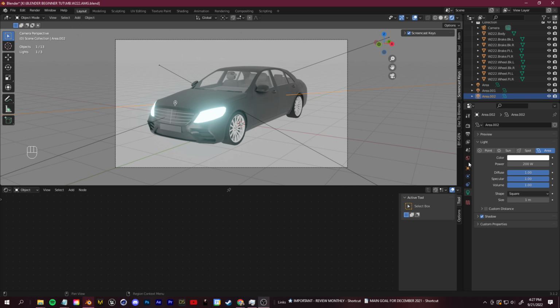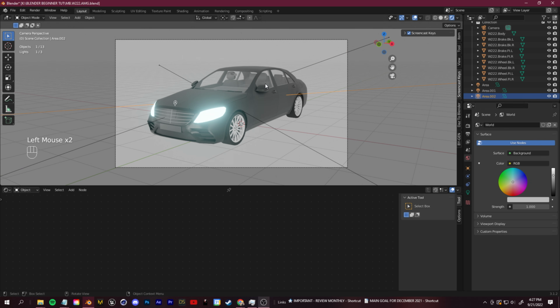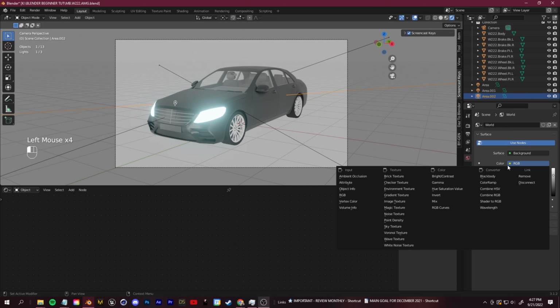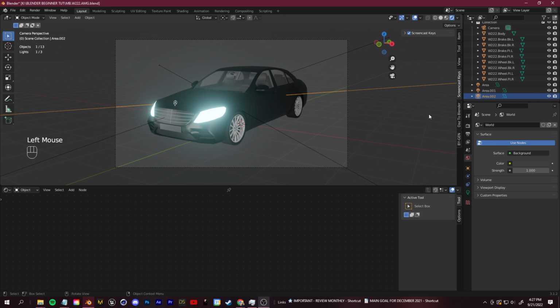And then what we can do, we can go to our environment settings, this little red world, the world properties. For some reason, the project file had this built-in RGB color for the strength. So we can just remove that for now, and you'll see it goes back to default. And now you see, if I toggle on or off my lights, you can see how that lighting is changing